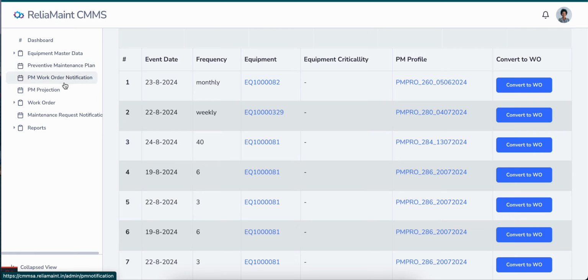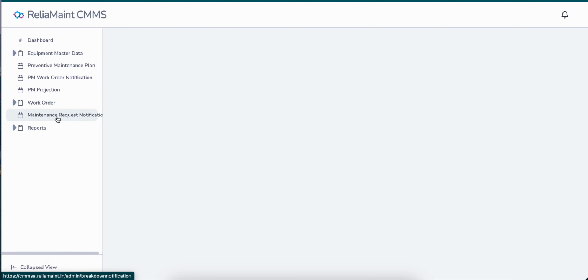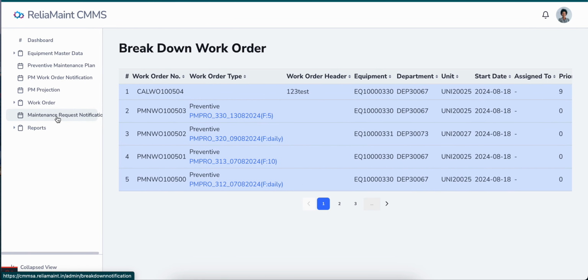PM plan will give you work orders, and these work orders further allow us to do the transactions. So let us see. This is the work orders. Work order means, let us go for first, the maintenance work order. Maintenance work order means it is an equipment maintenance work order. We have other kinds of work order also. This is the equipment work order.